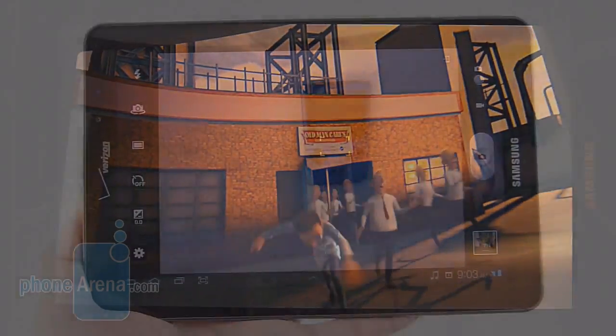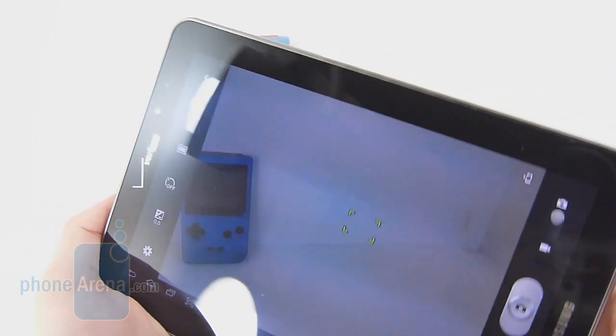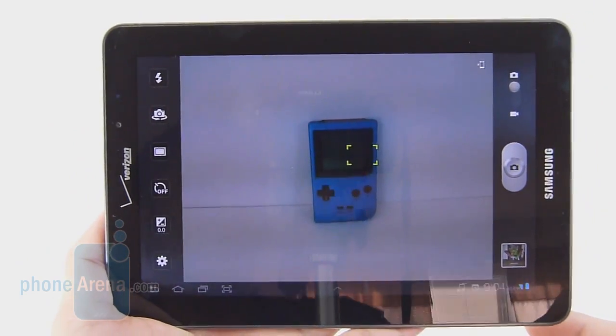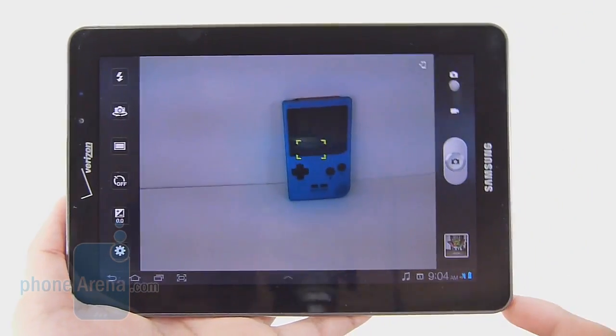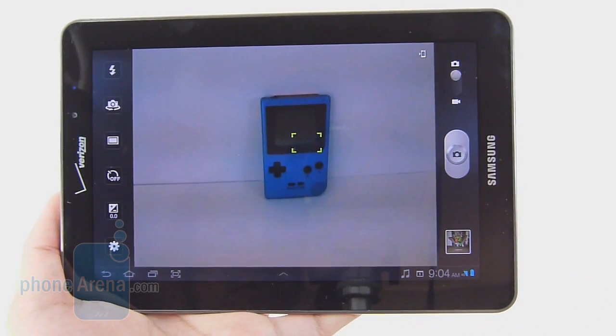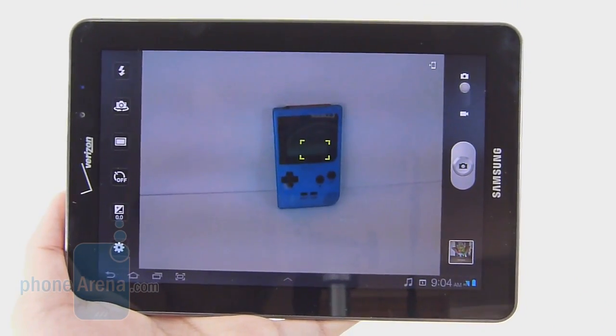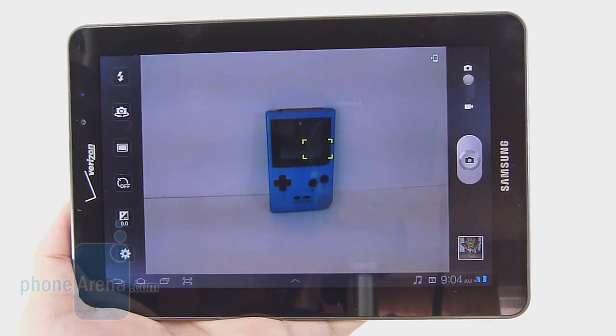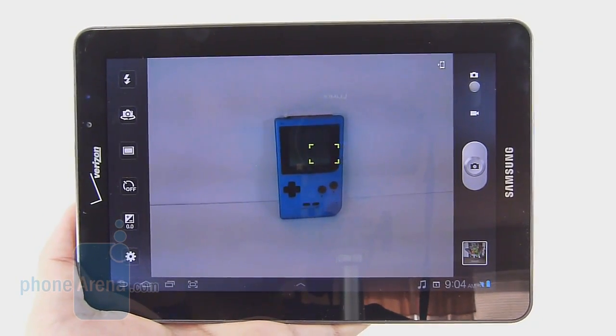It really captures the attention of our eyes. For those who are brave enough to take photos with the tablet, you'll be content with the images produced by its 3.2 megapixel camera. Now, its overall quality isn't stellar, but it's good enough to accept. For scenery shots outdoors in good lighting, details tend to be a little bit on the soft side, and it doesn't handle dynamic range that well just because it tends to overexpose brighter spots, but nevertheless,